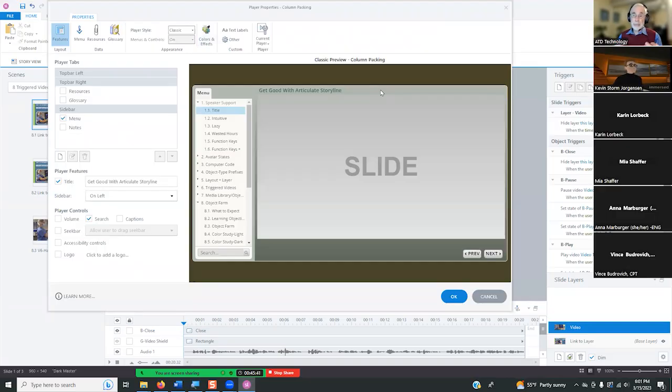I understand that the big advantage of the modern player is it is adaptive and that it makes your products much more adaptable to different digital devices. That is itself an advantage, but I have been producing for an audience that sees all of these projects on a full screen with a full keyboard, so that isn't an advantage. Does anybody have experience with the modern player that would let me know that more recently it does allow more versatility with colors?